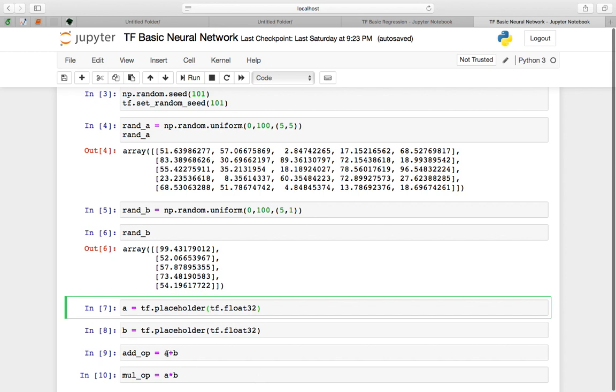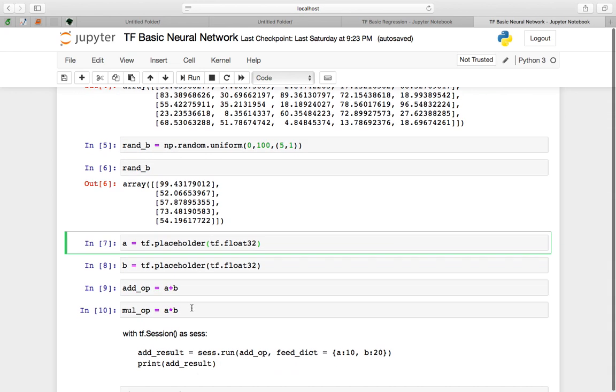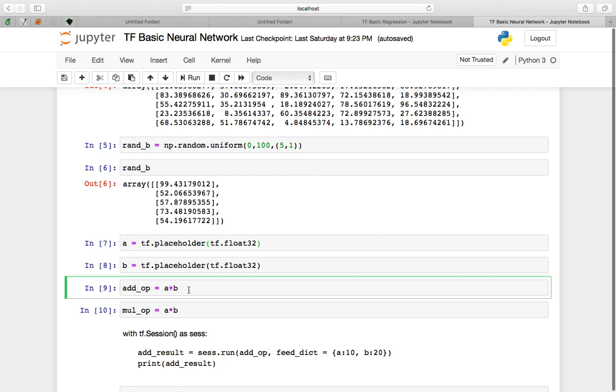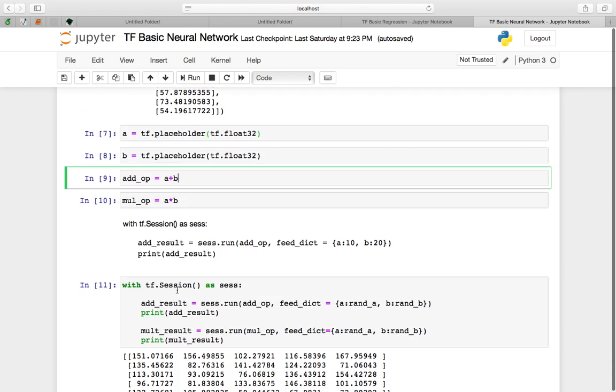So for the add operation, you use a plus b, and for a minus b or a multiply b, now you see these a and b are not normal variables. These are TensorFlow variables and TensorFlow placeholders. So any data from TensorFlow will be automatically inserted, and what we predict, let's see how to